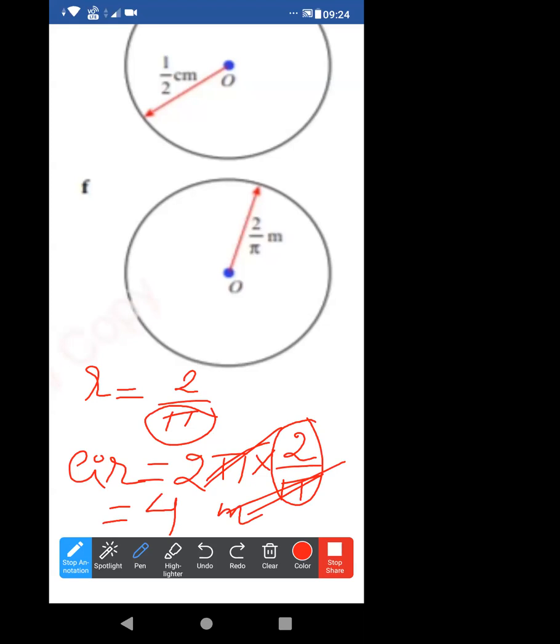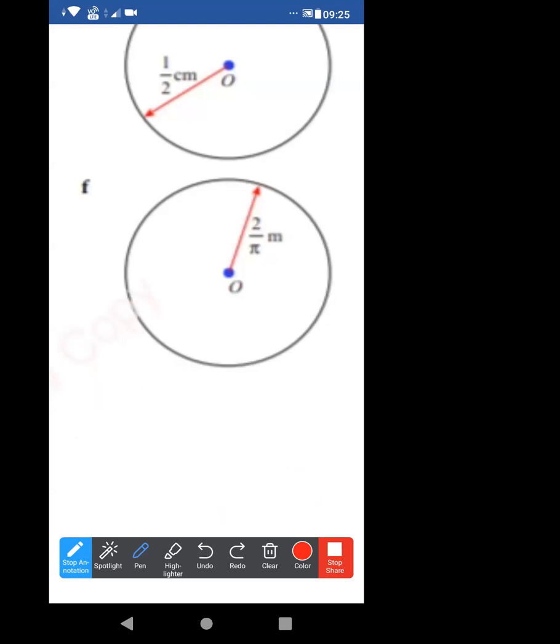All of you just do this. Have you done? Okay, don't write CIR. Just write the full word, circumference. Okay. You have to write the full word, circumference. Done up to this? Now, area. All of you are doing? Yes or no? I don't know if I am audible to you properly or not.